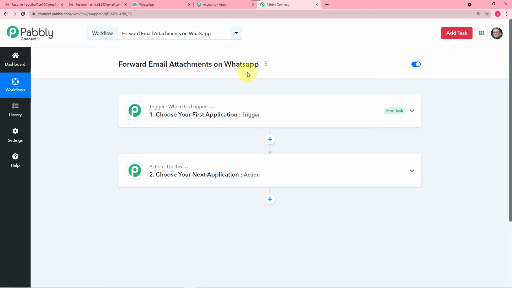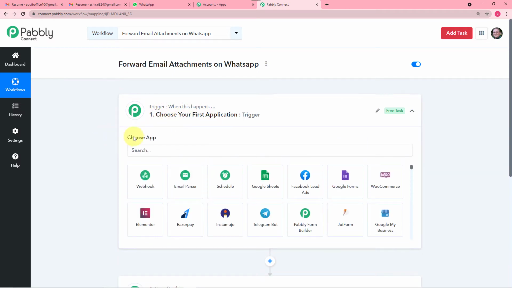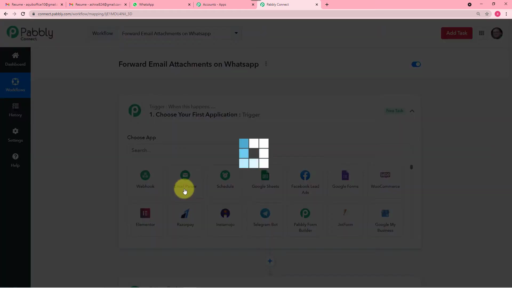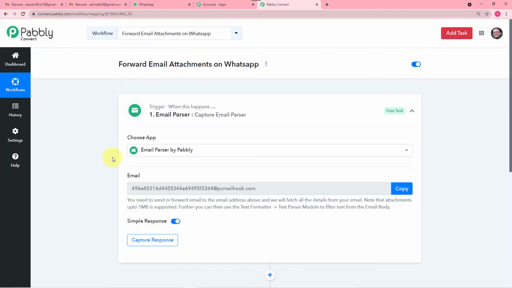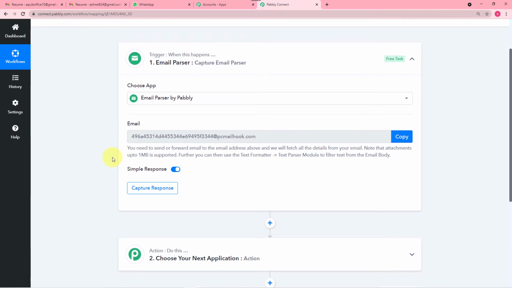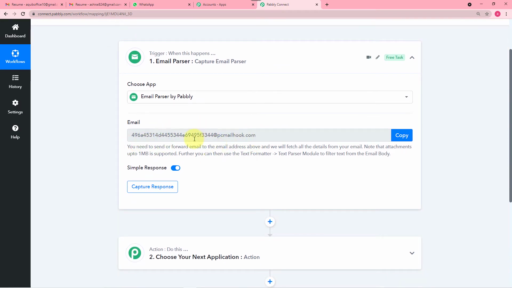All right. So first of all, click here on this trigger option like this, and from the choose app, you have to choose this email parser by Pabbly. So choose this email parser by clicking on it like this. All right. So it will give you this kind of email ID or email parser ID, you can say.